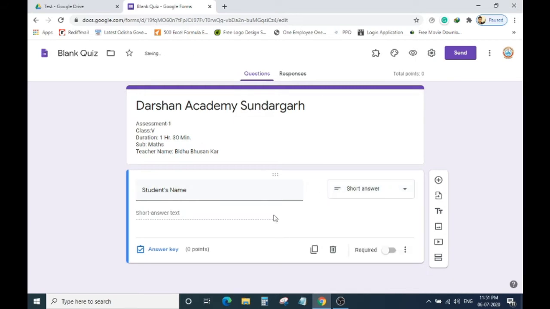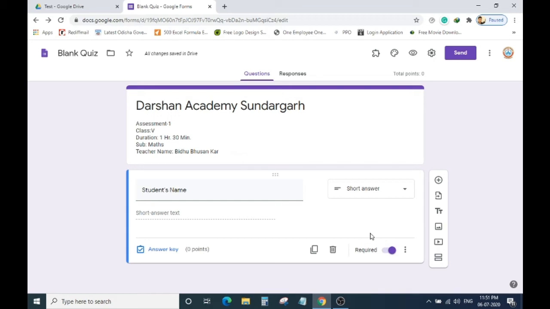After clicking here, we have to follow some instructions. See, the button is disabled by default. You have to enable required, meaning they have to enter their name. Without entering this, they cannot move to the other section. Description and response validation are not required.